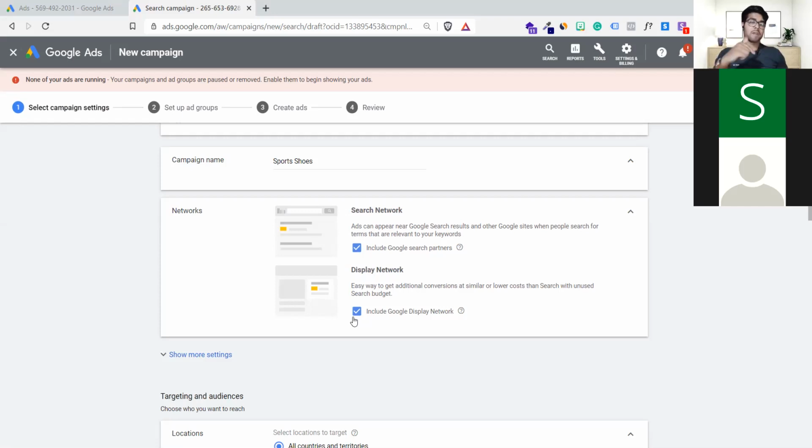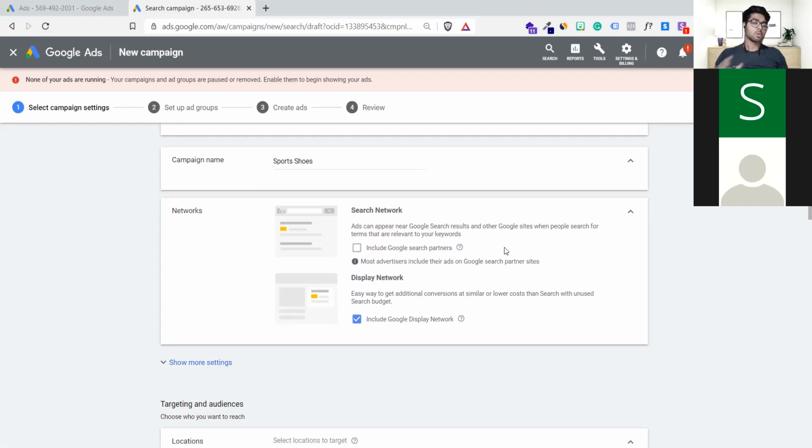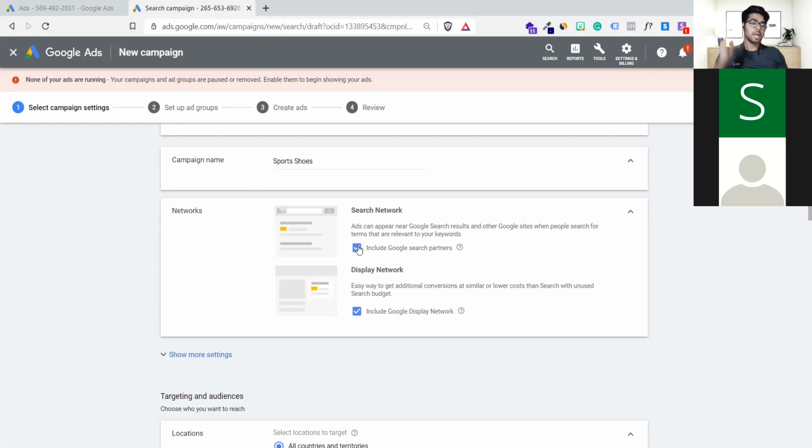Suppose you are running an advertisement for shoes on Google search only, but this particular option will also push it on search partner websites. Those who have enabled Google AdSense on their website are also going to see our advertisement. But our motive is to just show the advertisement right below the search results of Google, not on other websites.